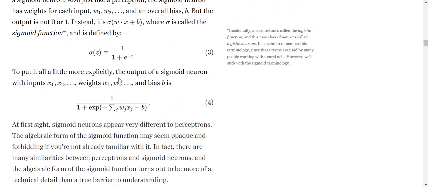As I had shown earlier, you have e, which is essentially Euler's number. So when there's something raised to the e, people often represent that as exp or exponential. So you have exponential of this value, which is nothing but the negative of z. z was w x plus b, w dot x, and w dot x was this very summation. So if you put everything in here, you see that this is nothing but this very term with this substituted in.